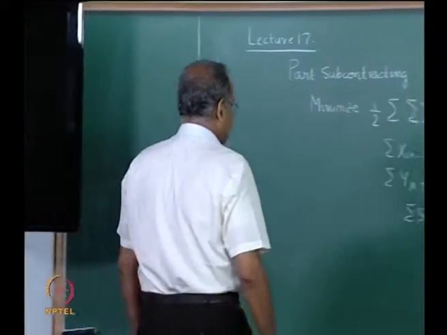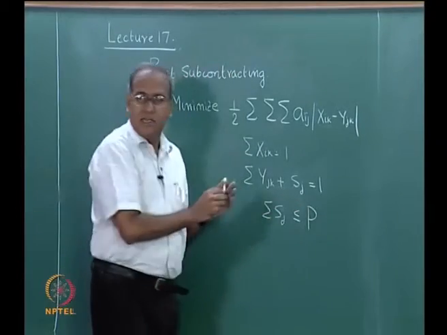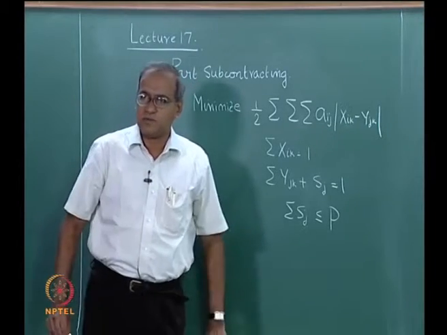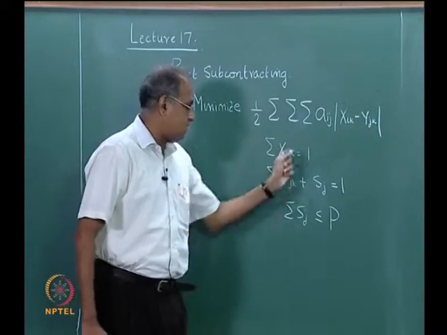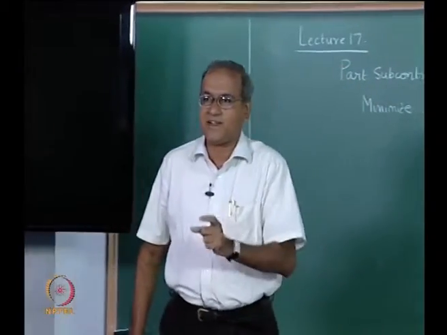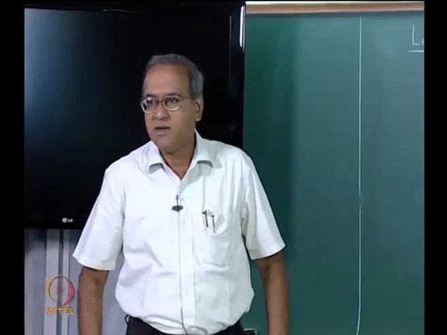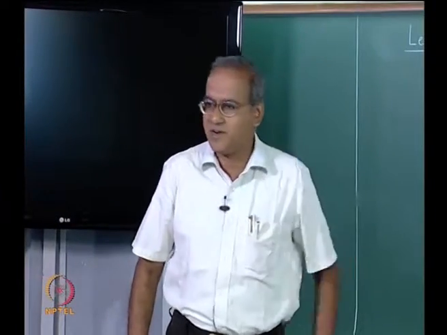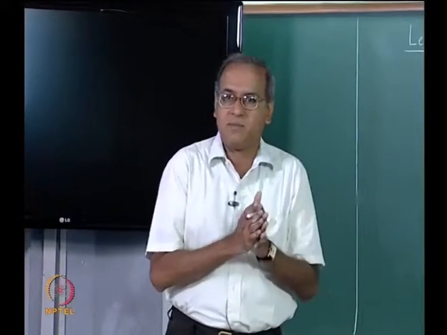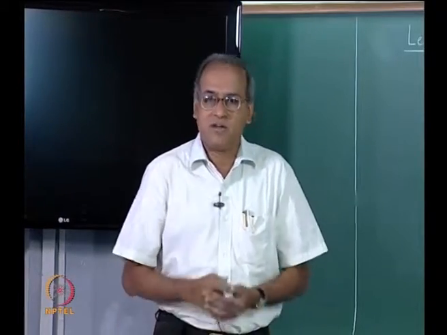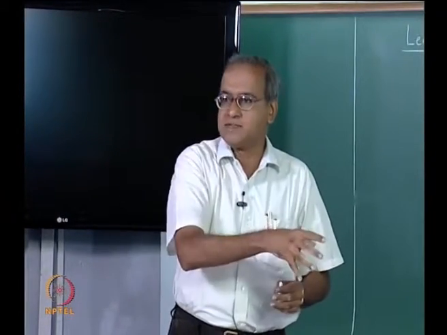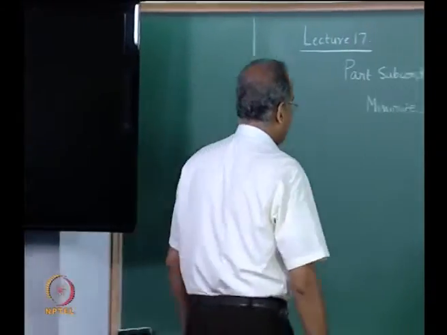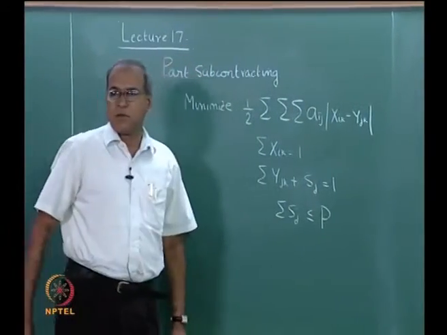So, this formulation is the same as that shown in the slide. As I again said, this is only an optional constraint. Even without this, the problem does not lend itself to a trivial solution. Sometimes change of something from an equation to an inequality can tweak the entire solution. That does not happen in this case. It does not say that all parts can go to subcontract. It is still economical from an intercell move point of view to have a reasonably large number of parts made in the cell and some of them being subcontracted. So, this is how part subcontracting happens, and this is how Bockter's formulation is modified.